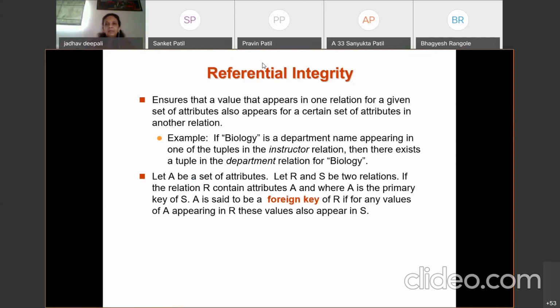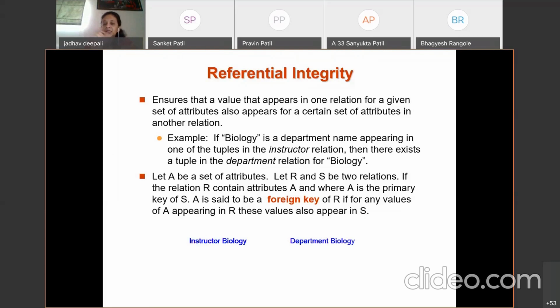For example, in the instructor relation, I want to insert a new instructor with department name biology. That department must be present in the department relation first. Correct? In the department relation, the department name biology must exist first.